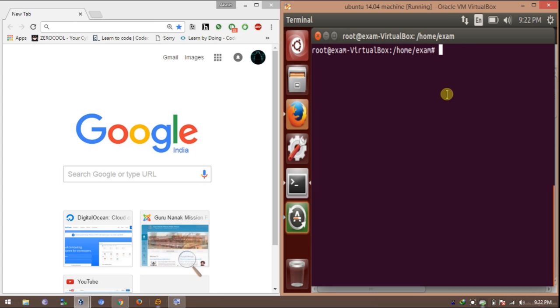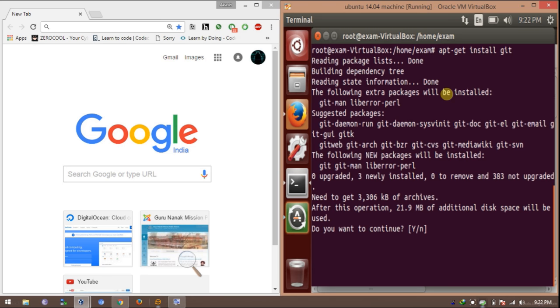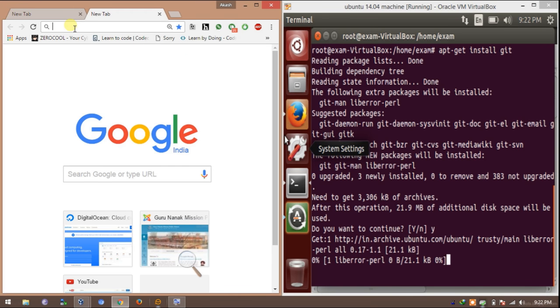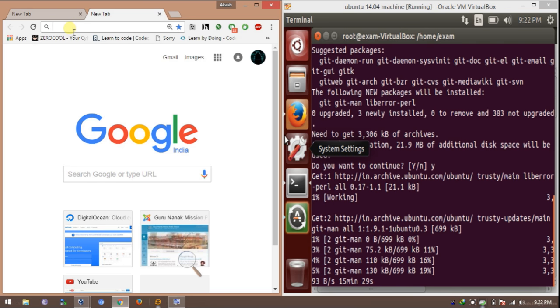Before we start, we first need to install Git on our Ubuntu machine. For that we just need to give the command apt-get install git. By the time Git gets installed on our Ubuntu machine, I'll tell you about the repository that we're going to clone. It's called